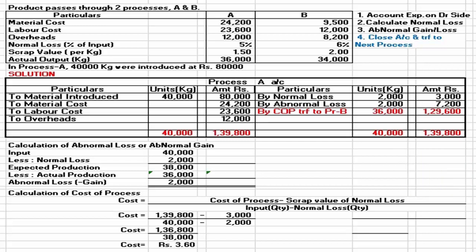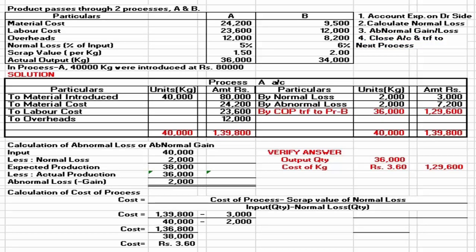This can be a balancing figure or we can do some calculation for working out this. For a different kind of problem we may be required to work out this. So let us see how that is calculated. Now cost per unit is 3.6. Now production output quantity is 36,000. So 36,000 multiplied by 3.6, answer is